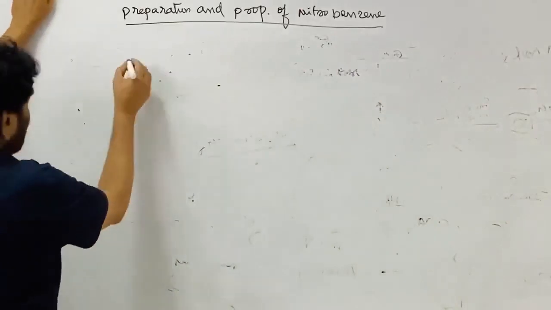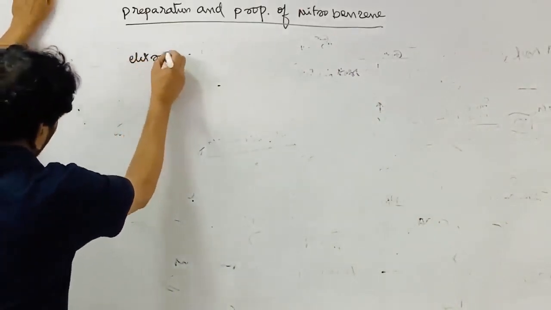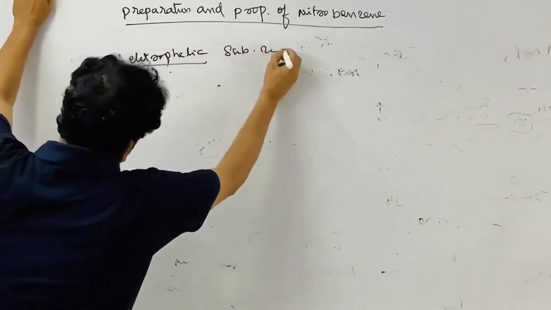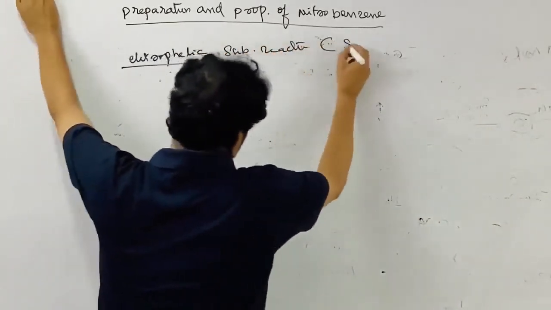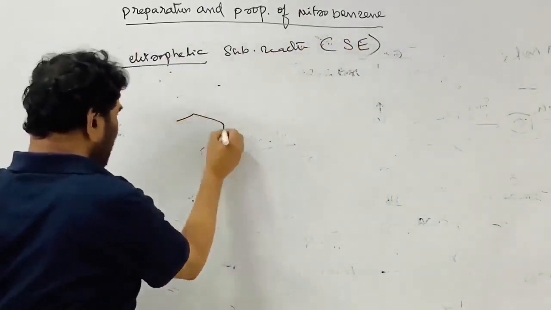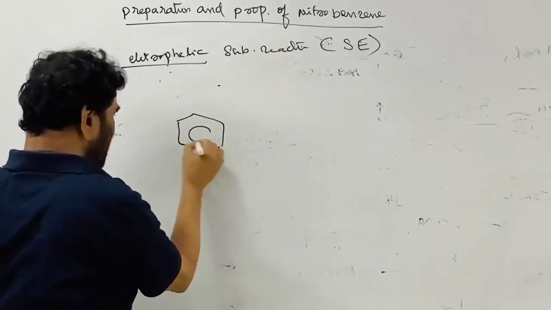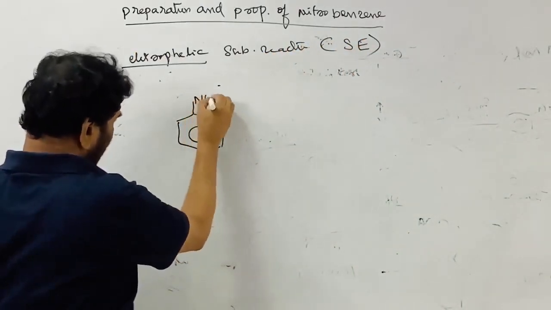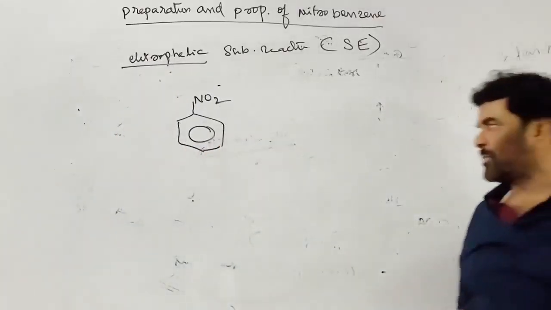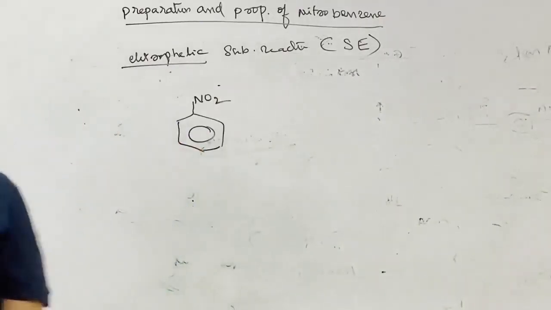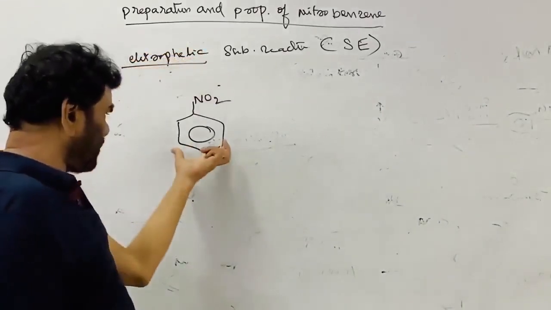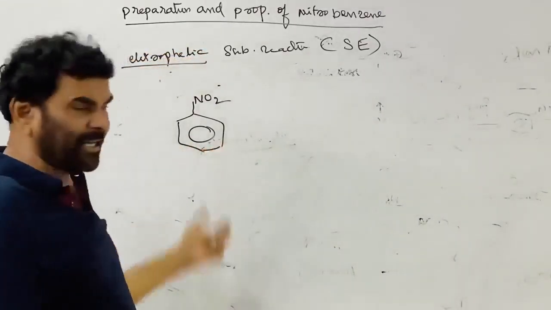This is the electrophilic substitution reactions, ring reactions. SE reactions. See, it contains the aromatic ring. Aromatic ring properties, that is, the aromatic ring takes part in the electrophilic substitution reaction, not nucleophilic substitution reaction. So now we are talking. We discussed the reactions related to the NO2 group. Now we are going to discuss the reactions related to the ring.